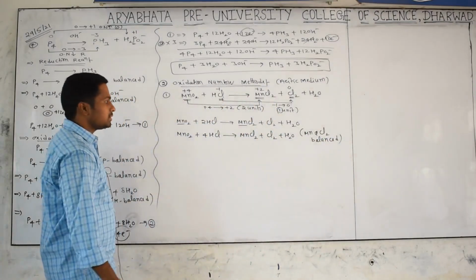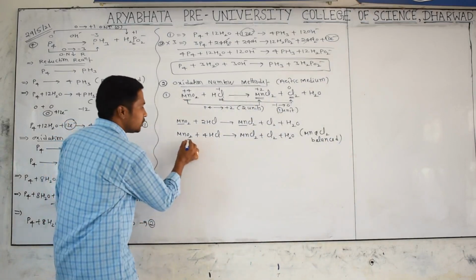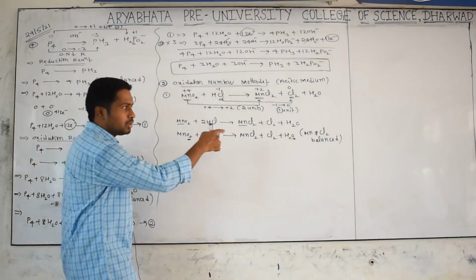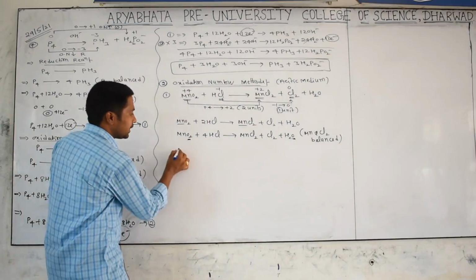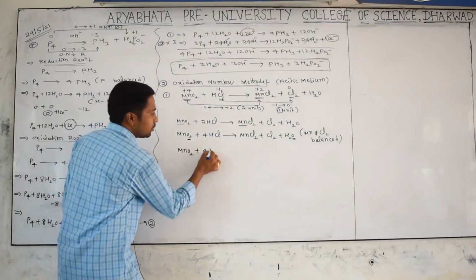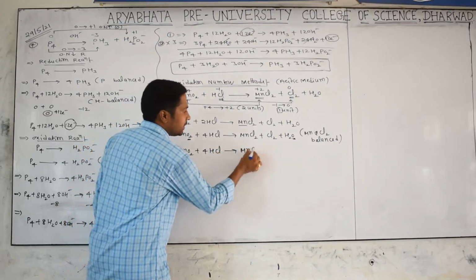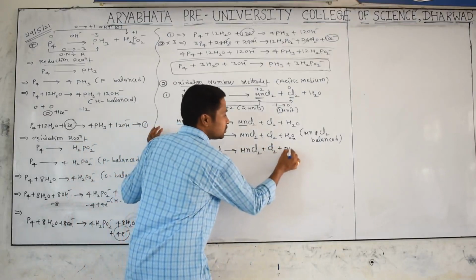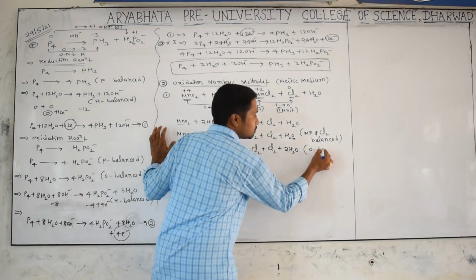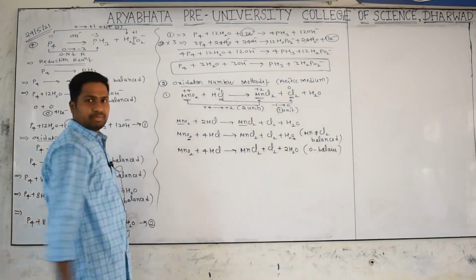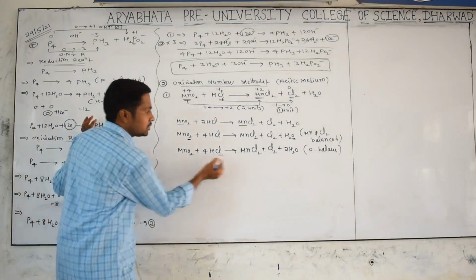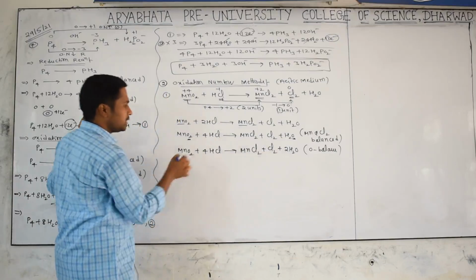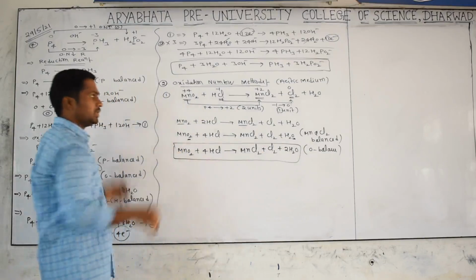Later we have to go for balancing of oxygen. Yes, here how many oxygens were there? 2 oxygens are there, but right now here we have only 1 oxygen. What should we do? Yes, we should multiply with 2. Then we are taking MnO2 plus 4HCl gives rise to MnCl2 plus Cl2 plus 2H2O. Then oxygen is also balanced. Automatically hydrogen is balanced. Once you check it, 4 hydrogens here, also 4 hydrogens, 1 manganese, 2 oxygens, 2 oxygens, and everything is balanced. Yes, this is the method for the oxidation number method.